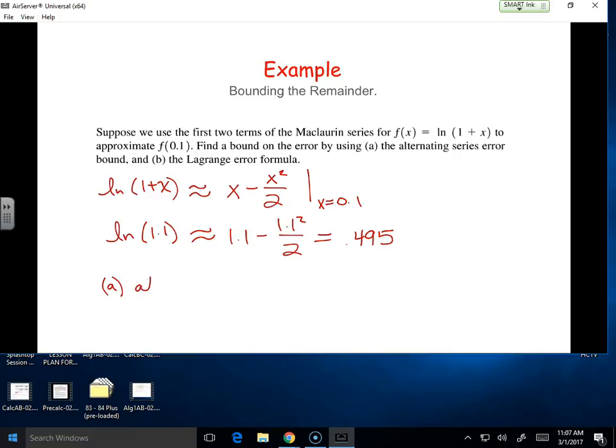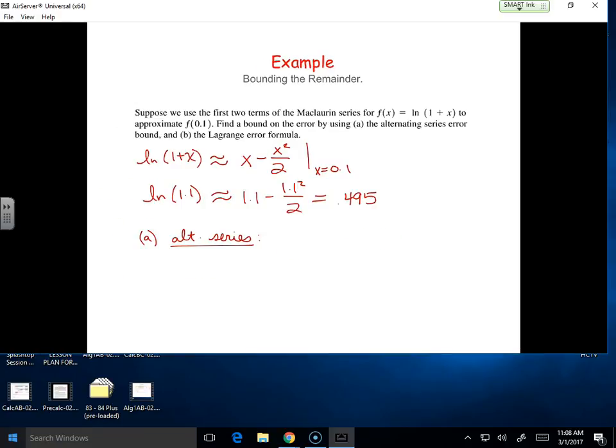How are we going to find the error? First of all, am I right? Why am I writing that entire word? Yeah. Cool. Why is the alternating series even something that we can do for error? Because sometimes it alternates. This series is alternating, right? Which means we can't use the alternating series error bound for all series, just the alternating ones. Okay. Alternating series says that this approximation,